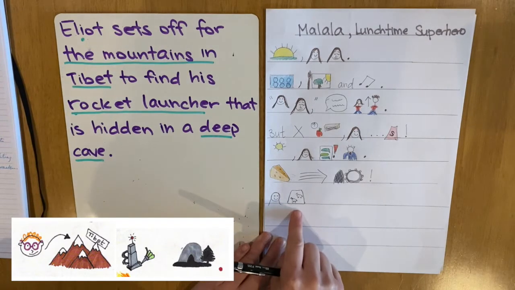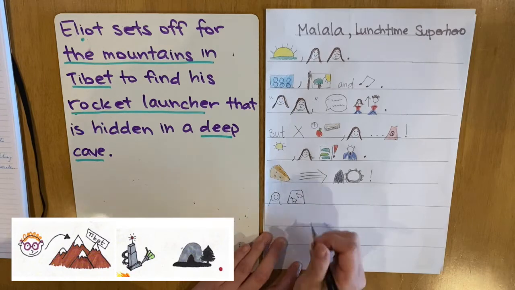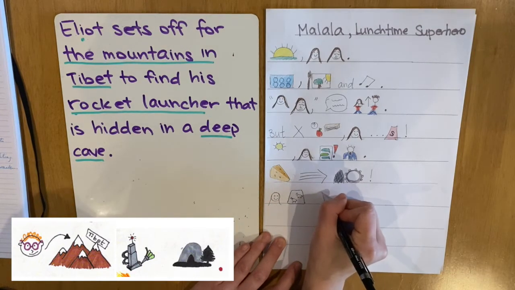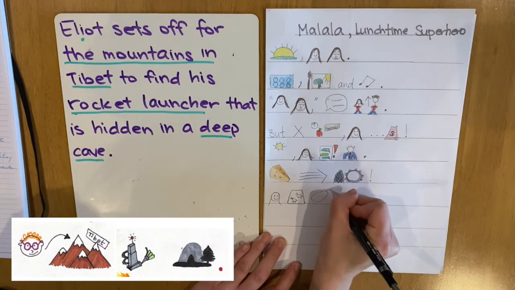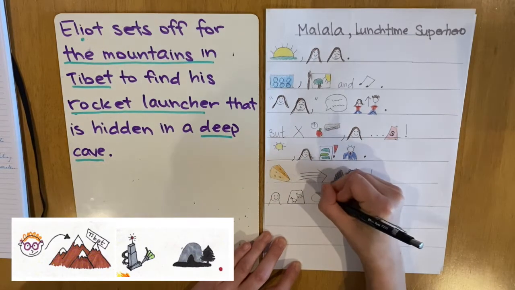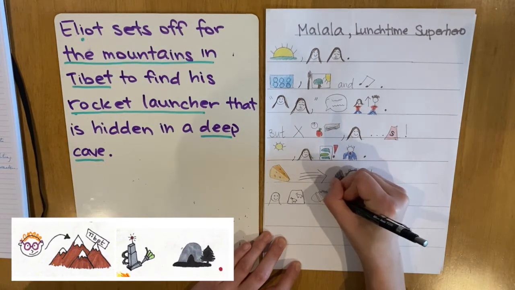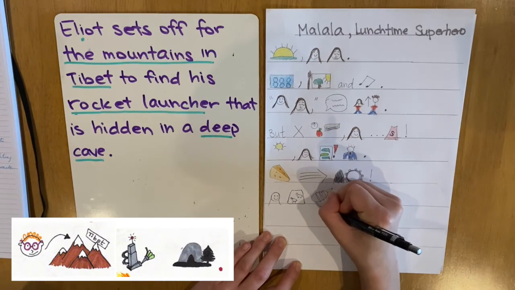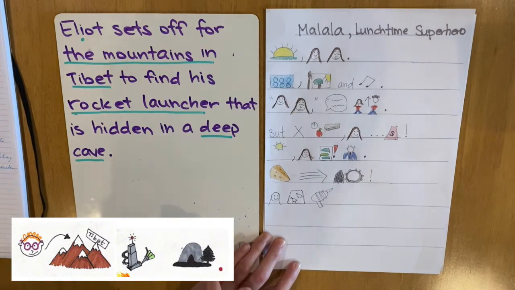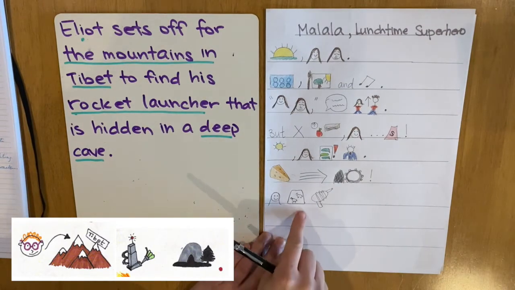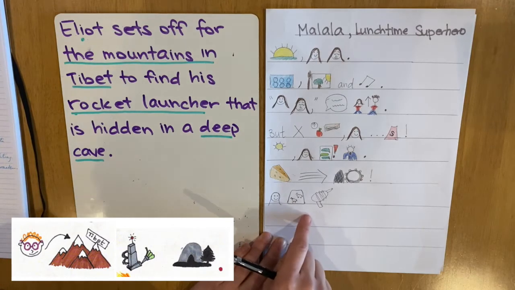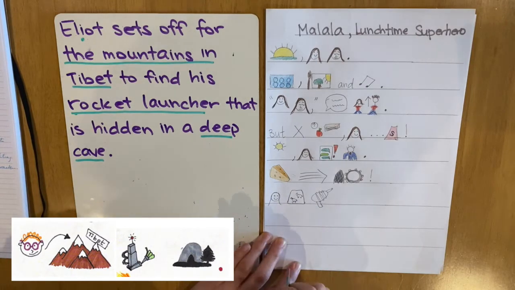for a farm in Kent to find her heat ray, because her heat ray is what's going to save London. This is my heat ray. I had to look on the internet for a picture of a heat ray because I wasn't quite sure what they look like. There's my heat ray. Malala sets off for a farm in Kent to find her heat ray that is hidden